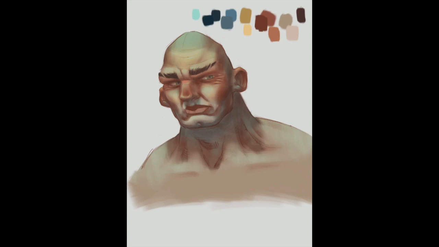So now I think is where I flatten everything, or I duplicate and flatten everything, and then I actually start painting. I'm just kind of jumping around randomly in the face now, just kind of starting to define things a